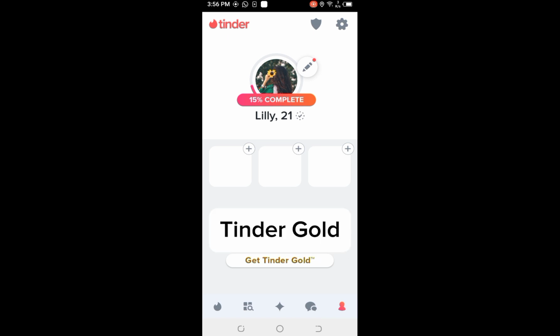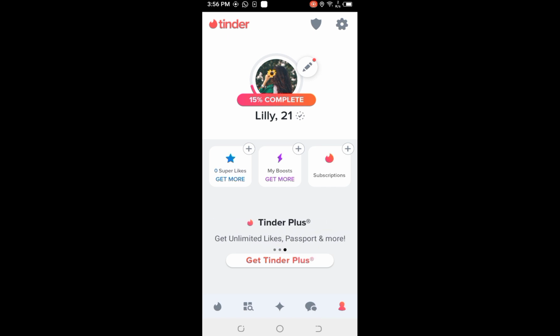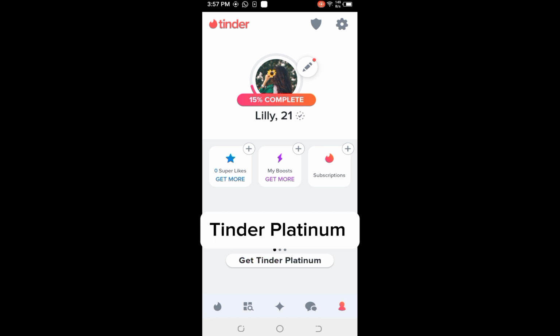And then we have Tinder Gold. Tinder Gold offers all the Tinder Plus benefits, but using Tinder Gold, you can also see the profiles of everyone who liked you before you say yes or no. And then we have Tinder Platinum. Tinder Gold and Plus benefits are included in Tinder Platinum. Additionally, when you like someone, you have priority over those who are non-subscription based. And when super liking someone, you can send a message before a match.